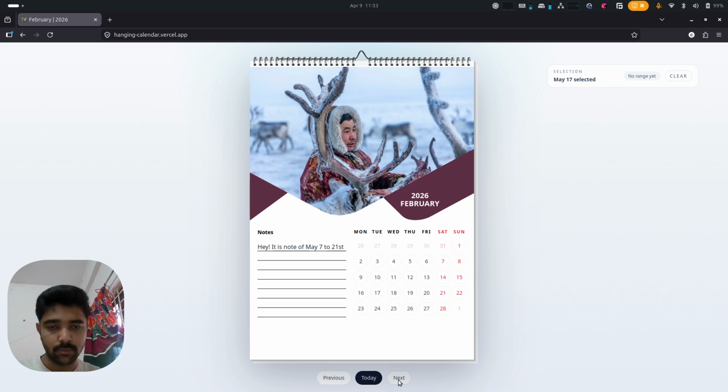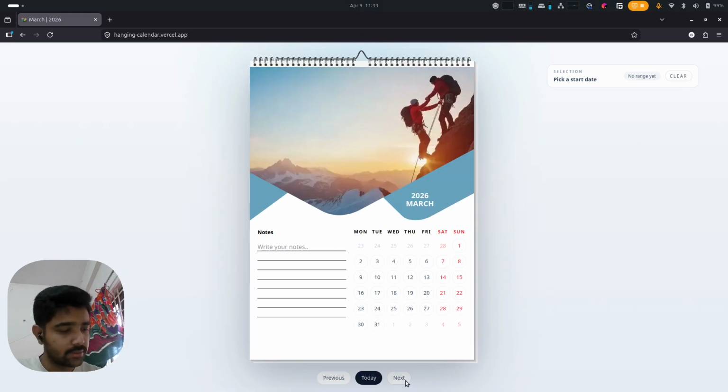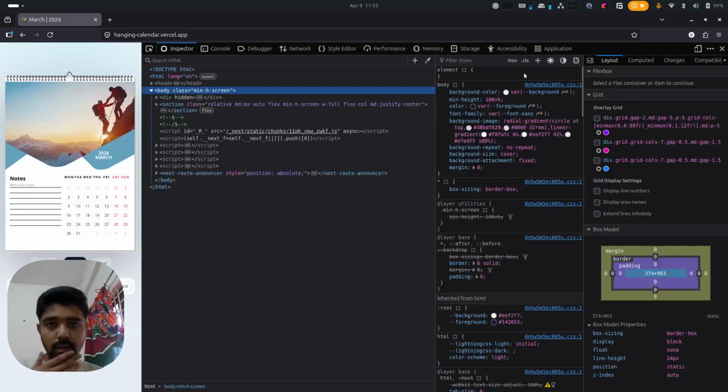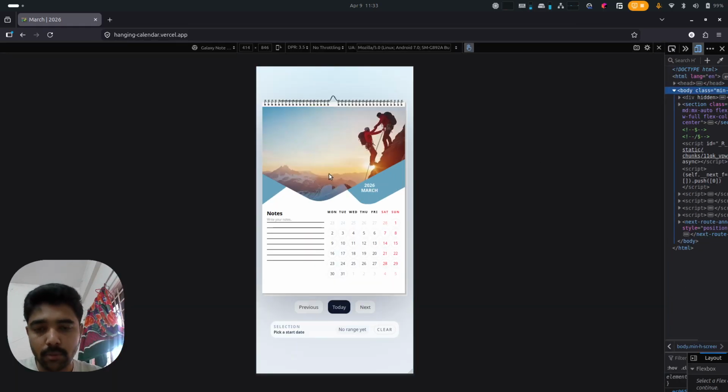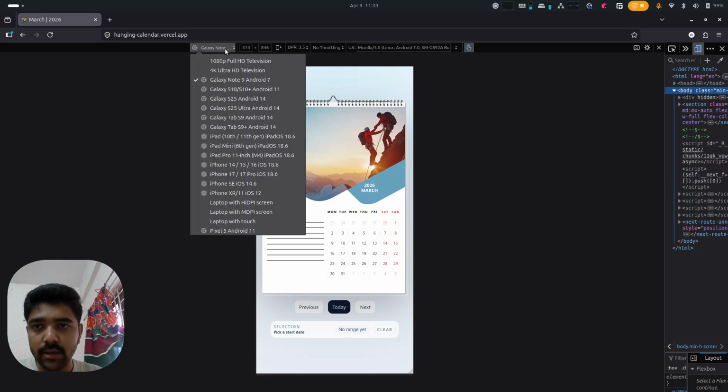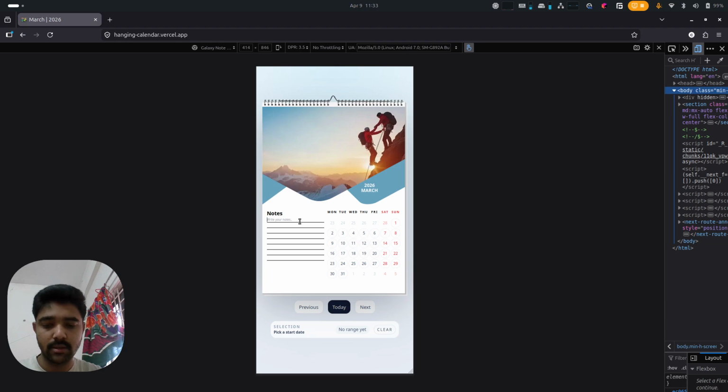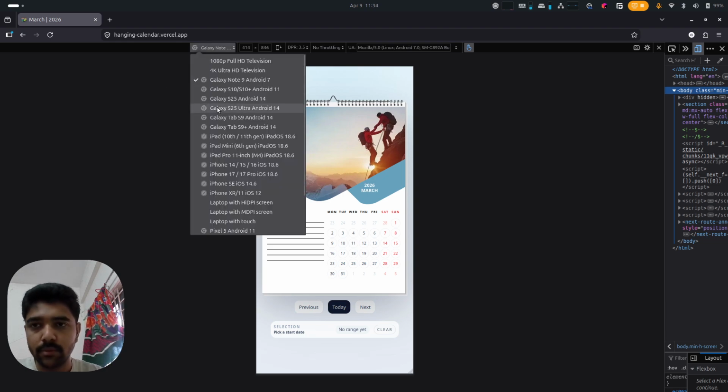Also I told that when I click twice on a date, it is marked with a white dot. You can take the note of that date, as well as create everything like the date. And for responsiveness, this is the mobile view, okay. And everything is functional, like for mobile view,